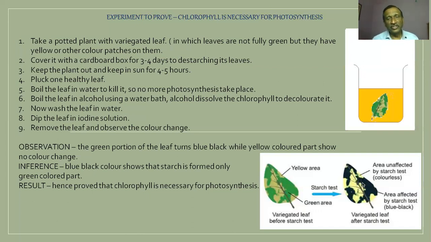So autotrophic nutrition, I said, is of two types: chemoautotrophic and photoautotrophic. Chemoautotrophs were those which produce food using the energy from oxidation of inorganic substances. They were always microorganisms. They were using sulfur or iron or some other substances for oxidation, and that energy they were using. So they were not dependent on sunlight. So they could even be found in those regions where light never reaches, like the bed of the sea.